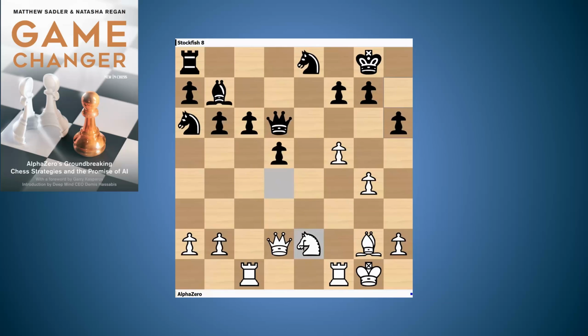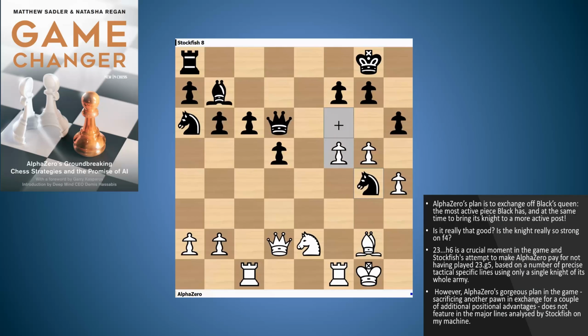So Stockfish played h6, very decent move, trying to make this knight on f6 stable. And AlphaZero played h4, so obviously renewing the threat of g5. But it looks like it's missed something, because after knight f6, g5, Stockfish played knight g4. Threatening mate on h2,